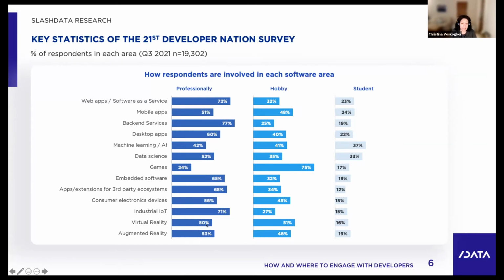Of course, depending on the development area, you get to see more or fewer professionals. For example, backend in nature has more professionals than it has students or hobbyists, while in games it is the other way around. Of course, we collect much more than that, which is nearly 200 different data points. Nobody gets to see the 100 questions, don't worry, but there's a lot of information. This is just so that you get a glimpse into the coverage that we have in our surveys.